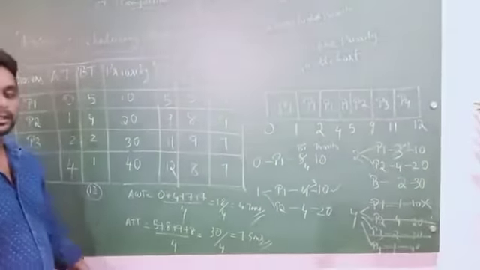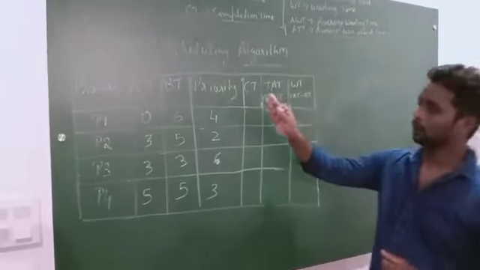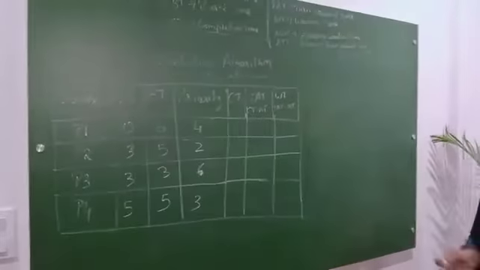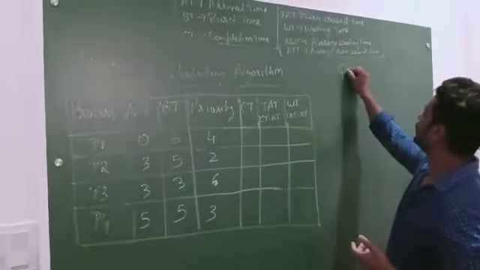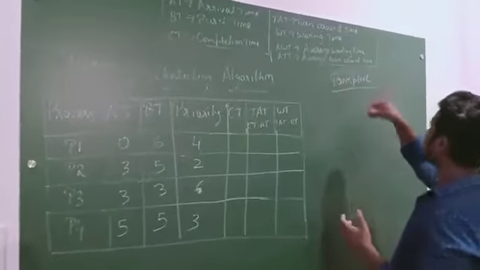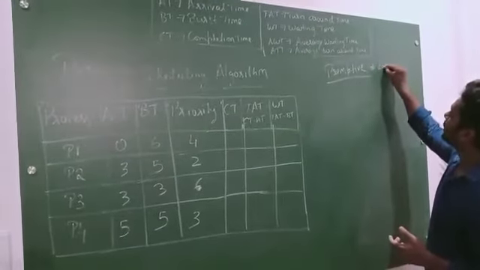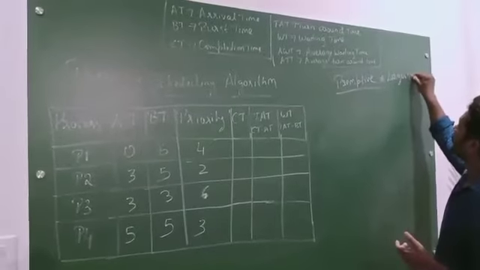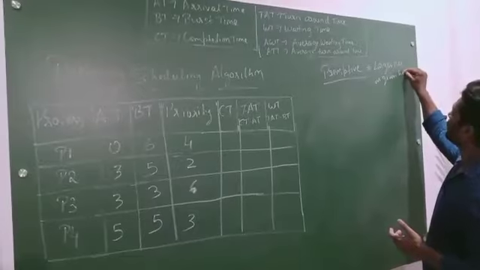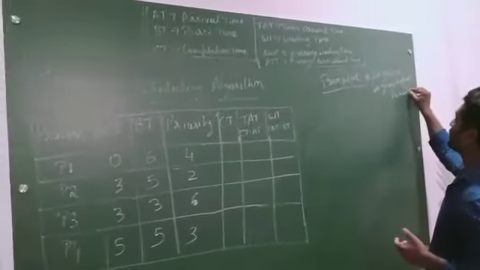We'll take one more example for your priority scheduling algorithm. It is easy for calculating non-preemptive, so straight away I'll go with preemptive. And here I'll give the question: higher number, or larger number, is given highest priority.